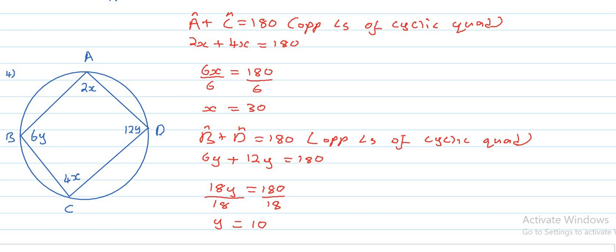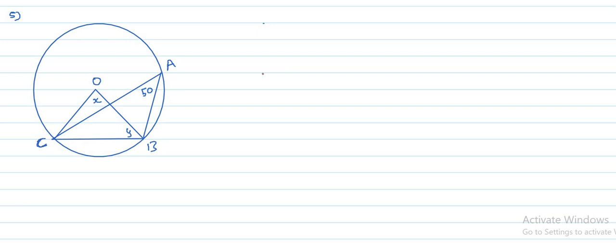Let's check number 5. Question number 5. We are given the circle with center O and points A, B, C on the circumference. So we need to determine the value of x and y. Looking at the circle, chord CB subtends angle x at the center, and the same chord subtends angle A on the circumference. So meaning